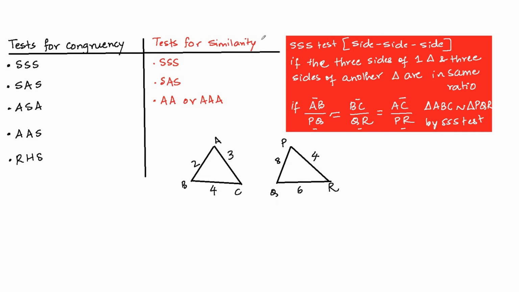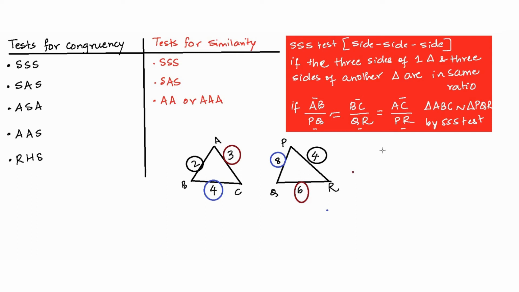You will notice that this length 2 is getting doubled to a length of 4. Then the length 3 is getting doubled to a length of 6, right? Similarly, the length 4 is getting doubled to a length of 8, and therefore because the three sides are in